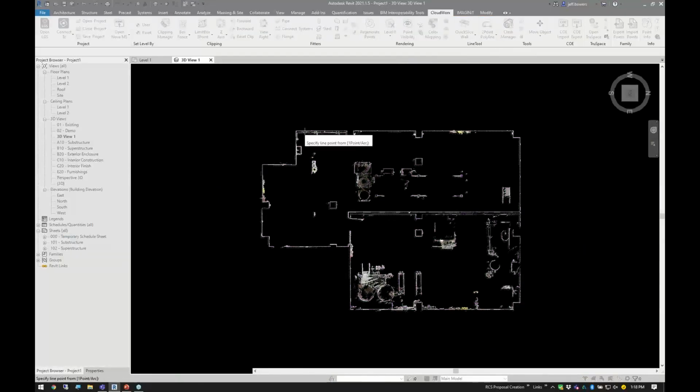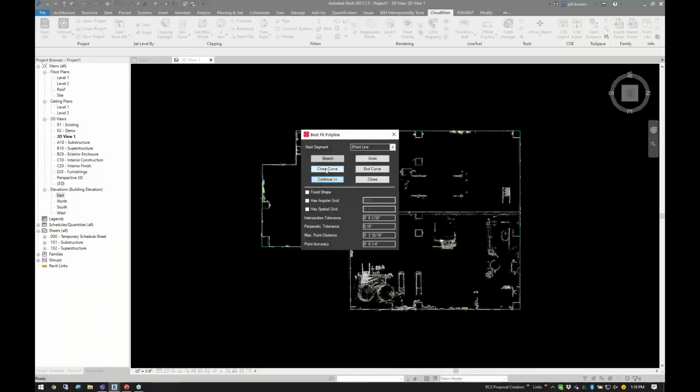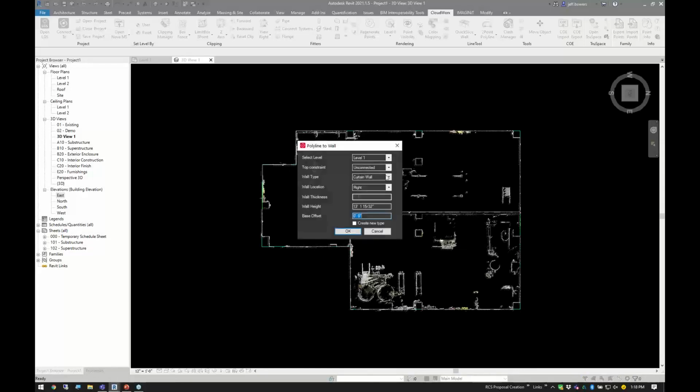Now, all I'm doing is coming through here and using our 2-pick polyline. And what this is doing is basically I'm picking the points as I go around here. And notice I'm going pretty quick, just going around picking these. I'm going to hit escape, I'm done. I can use these tools, close my curve. So it put in this intelligent polyline,